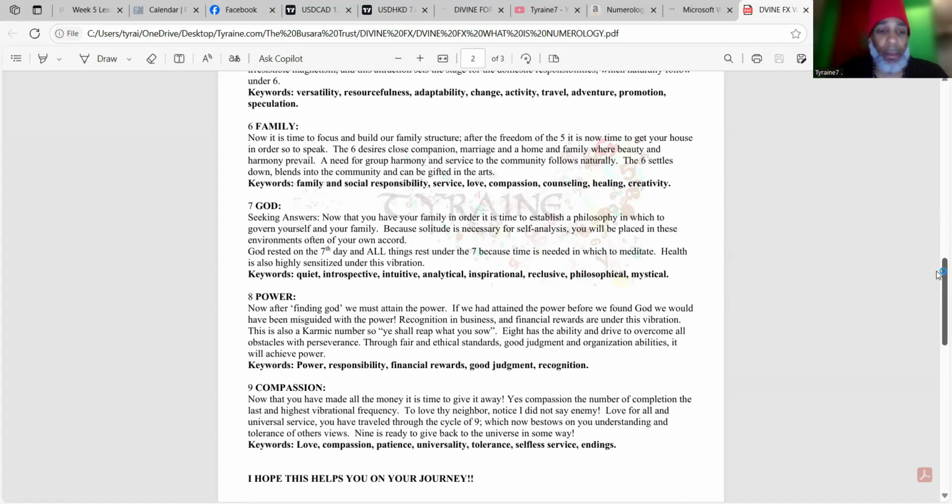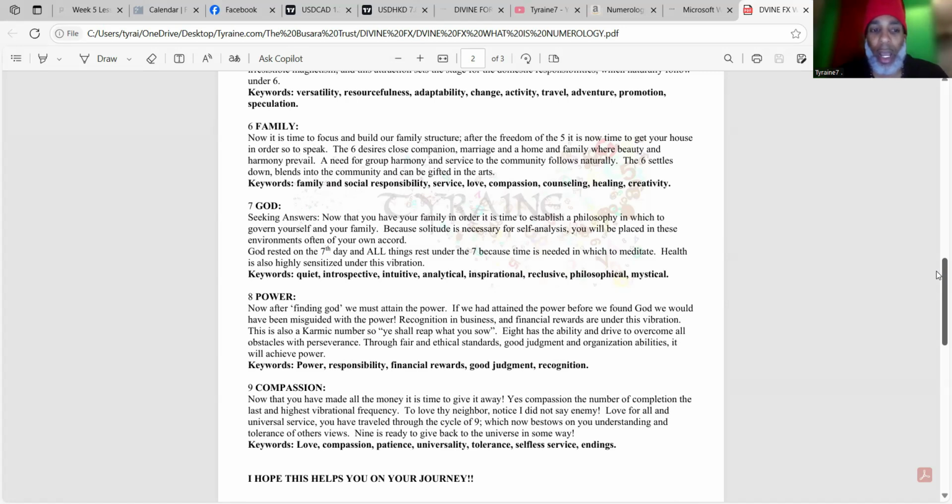7 represents God. Seeking answers. Now that you have your family in order, it is time to establish a philosophy in which to govern yourself and your family. Because solitude is necessary for self analysis, you will be placed in these environments often of your own accord. God rested on the 7th day, and all things rest under the 7 because time is needed in